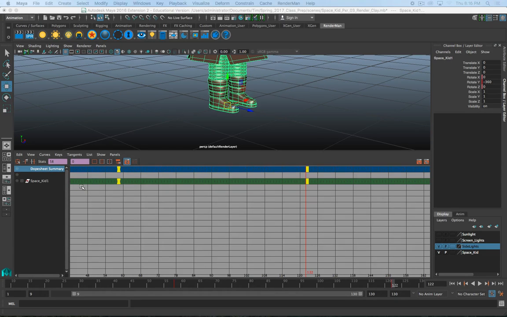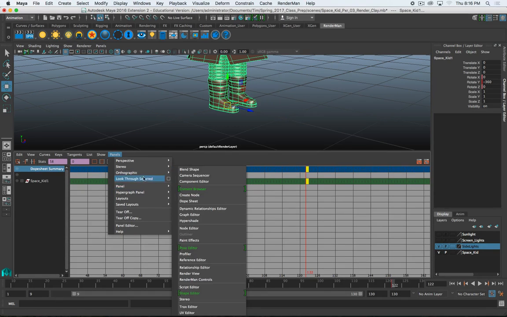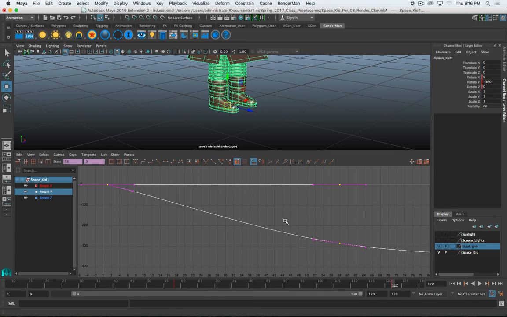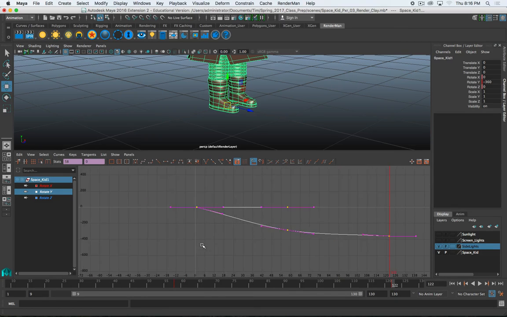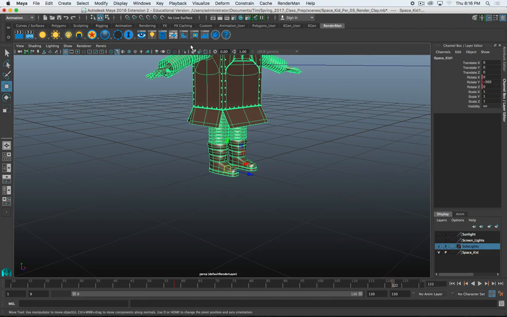You can use it if you want. For the majority of what we're doing, you won't really need it. You can stick to the graph editor, and again, for just moving keyframes around, you can do it in either one. But now that I've also stretched out the turntable part of this, let me go back